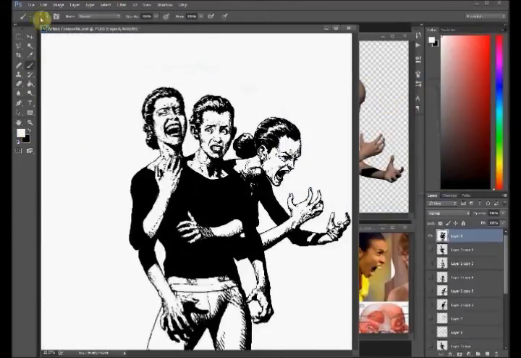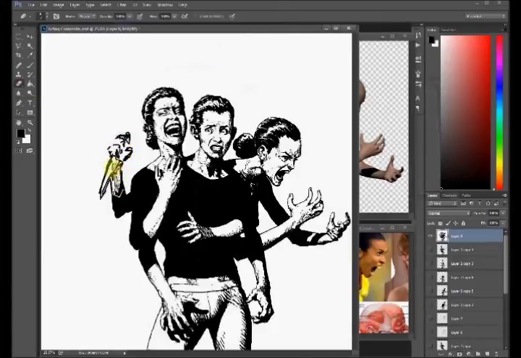But the shape of the skull is a lot more complex than people think. It's not merely a circle with a bit of a square coming out of it. There's a lot of sort of straighter edges and bits of the jawline that are a lot more complicated than they look at first glance. So even if you think you know your facial anatomy perfectly, it's probably a good idea to continue to